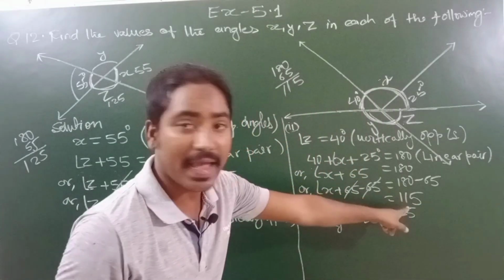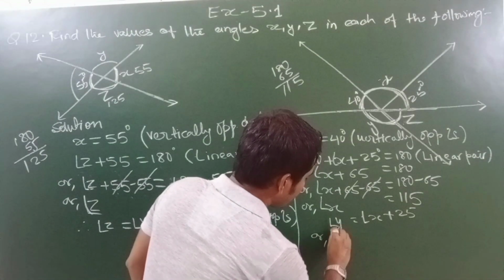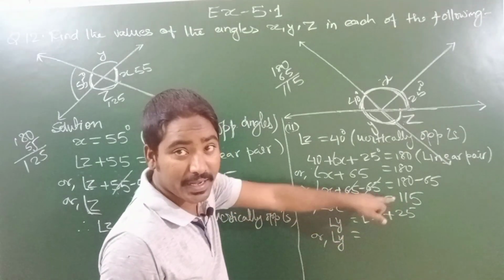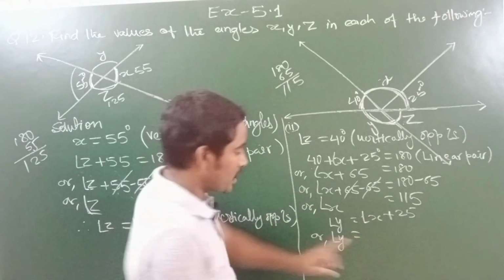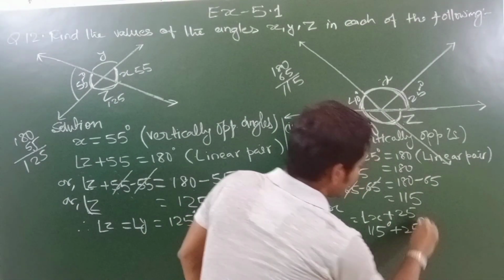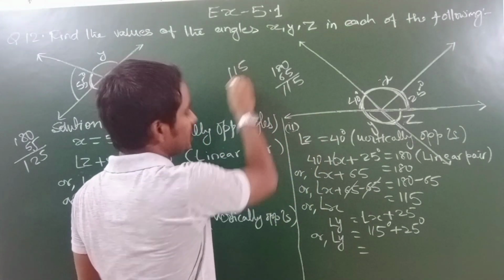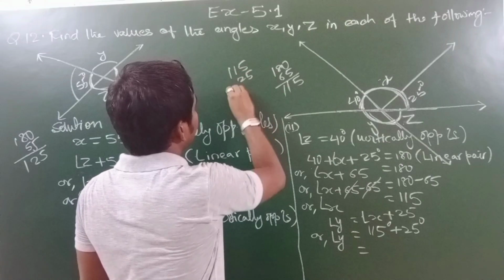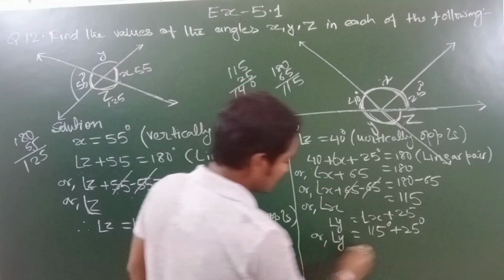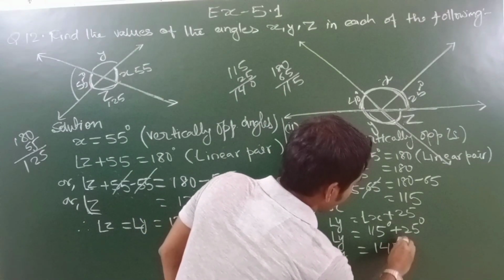Now just we found out angle x is equal to how much? 115 degree. So we will write here, angle y is equal to, we will put this angle x value, the value of angle x that we just found, we will put here. So how much did we get? 115 degree plus 25 degree as usual. Okay, now if you will add them students, 115 degree and 25 degree, you will get 140 degree, right? Here you will get 140 degree. Since angle y is equal to 140 degree.